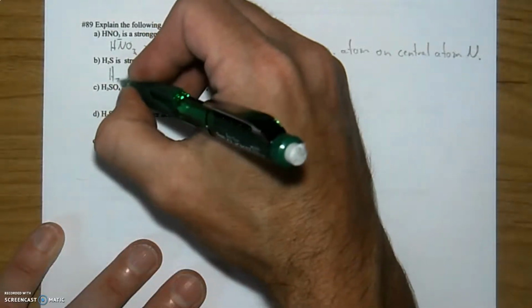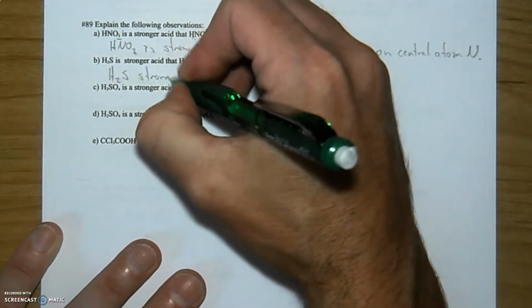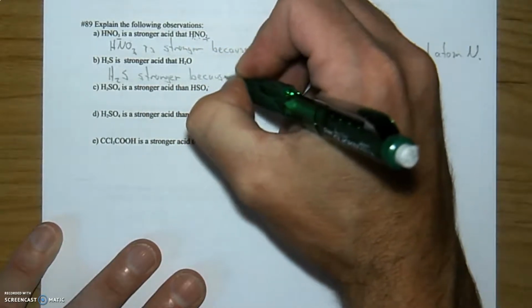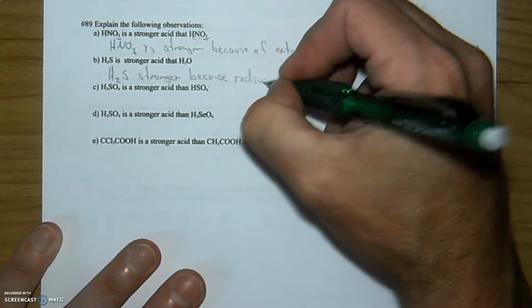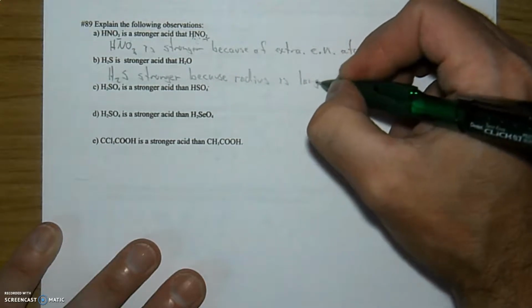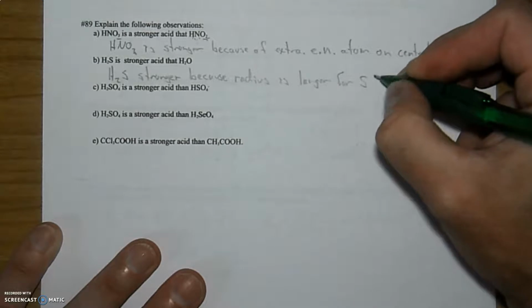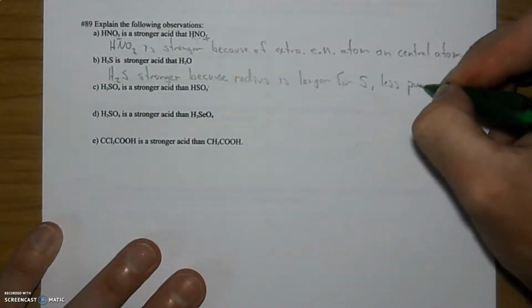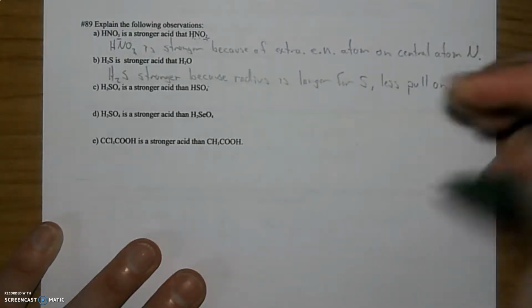So H2S, stronger, because radius is larger for sulfur. And I'll just add to that, less pull on hydrogens. Next one,